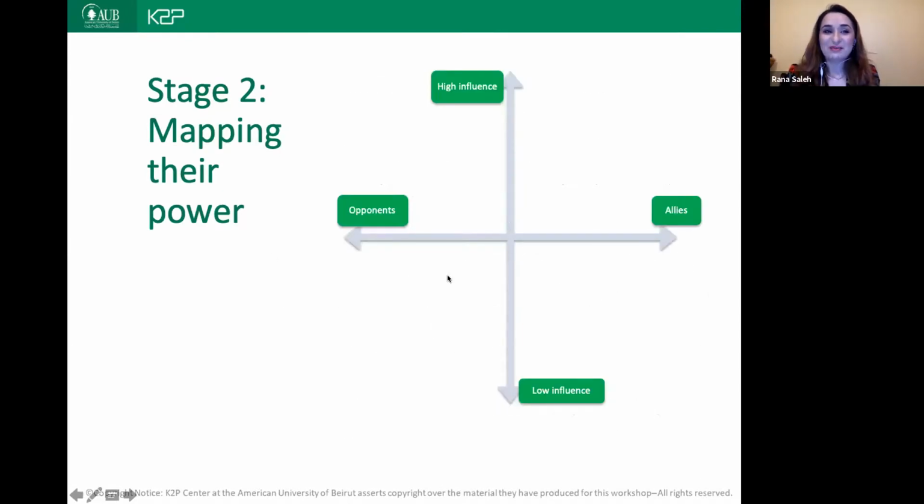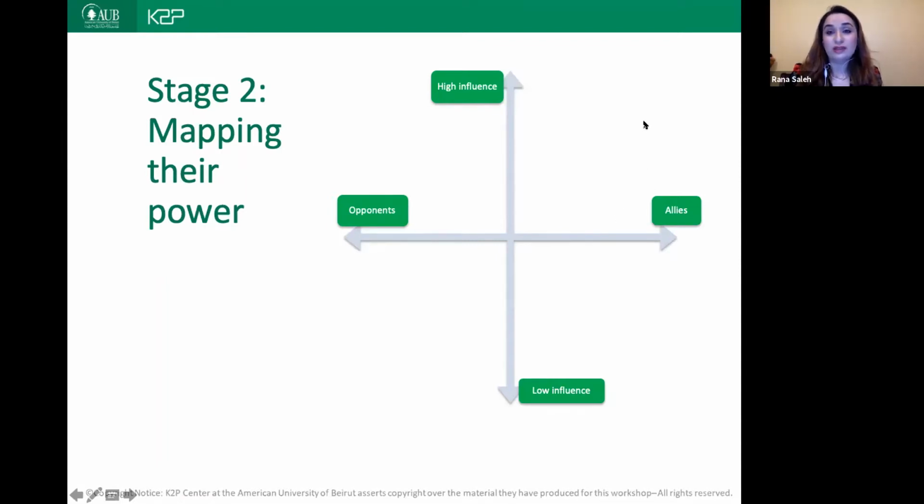This is the power analysis scheme. There are multiple schemes available out there that you can choose. This one is my favorite because it reduces the confusion while plotting the stakeholders on it. So for example, here on the x-axis, you have allies and opponents, and on the other axis, people with low influence and people with high influence. Ideally, if you have an ally, they should be around the right side. And if they were able to change a policy before, or if they are even considered a decision maker before, then you would consider them higher in influence.